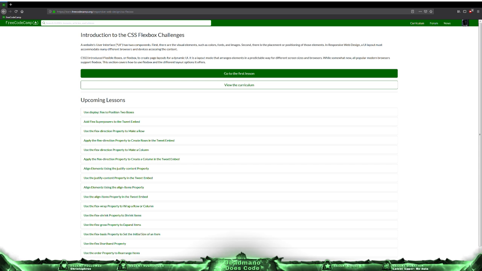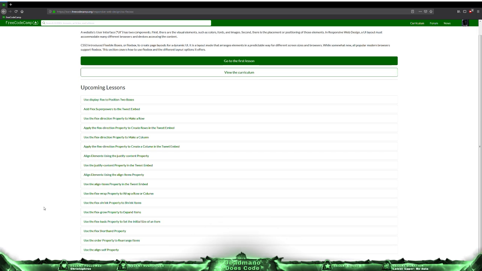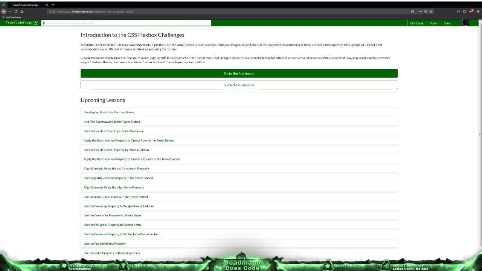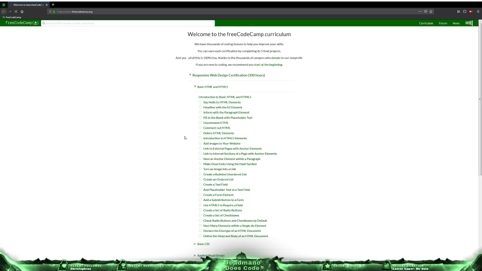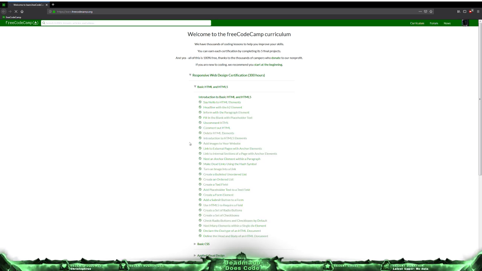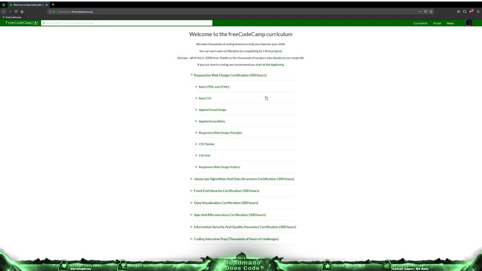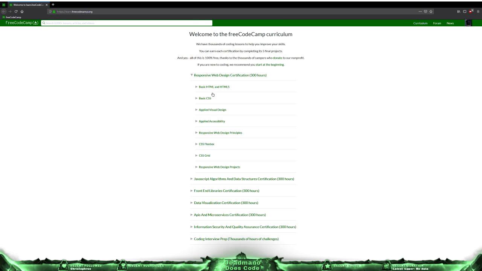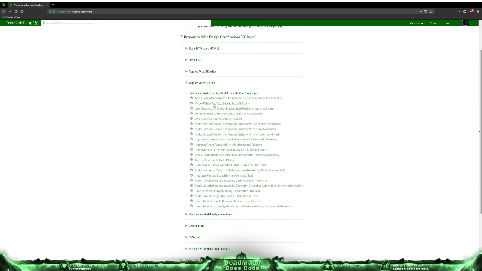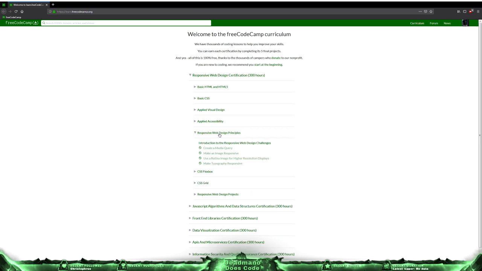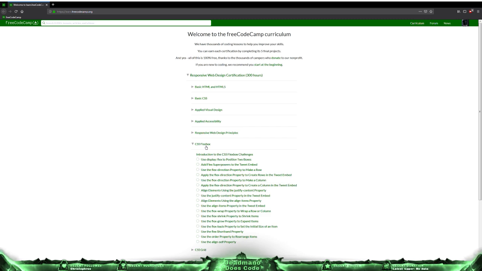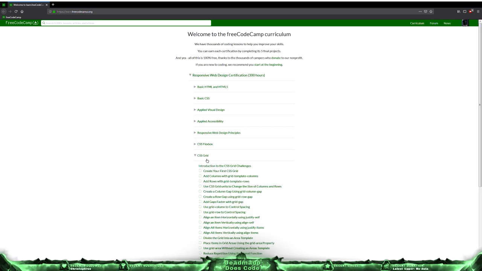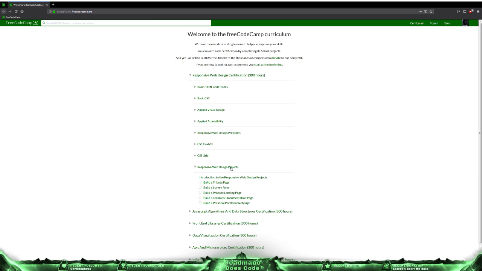Introduction to the CSS Flexbox challenges. Ooh, we have Flexbox challenges? How far are we in this so far? So we did the basic HTML, we did the basic CSS, applied visual design, we nailed it like a boss, applied accessibility, responsive web design principles. Okay, so we completed that. So all that's left is the CSS Flexbox and the CSS Grid,